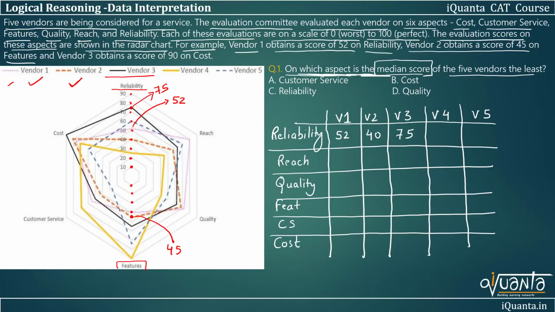I hope you can read the data from the chart now. You have an idea of that. So I'll directly be filling the table over here. You can match your data with it. You never have to write down the exact value, because in such cases you cannot find out the exact value of that particular aspect. You simply have to write down the approximate value.